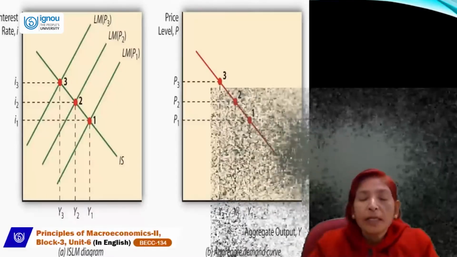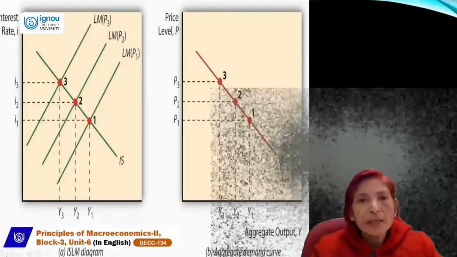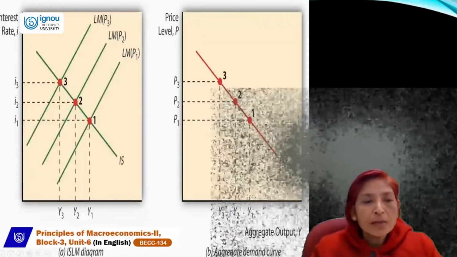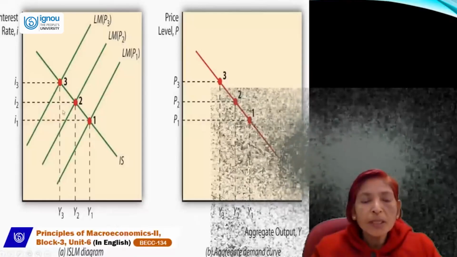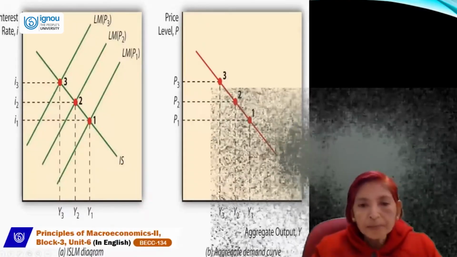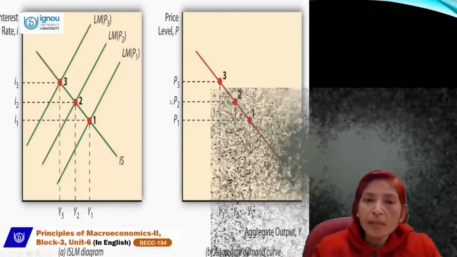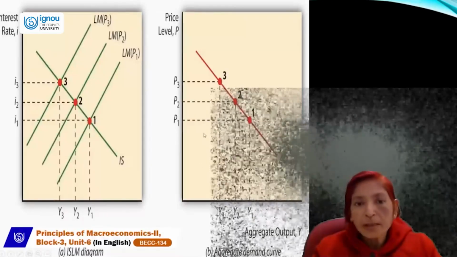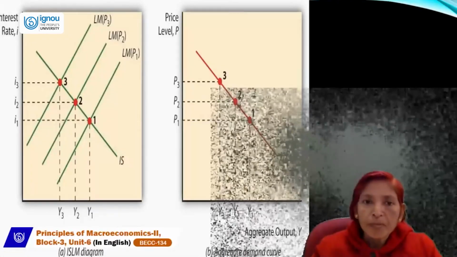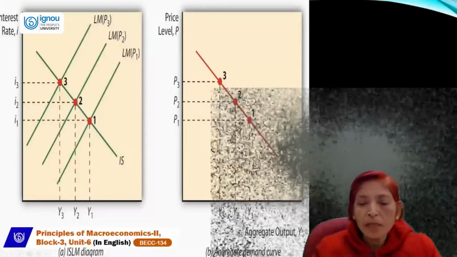And if we want to derive the aggregate demand curve, then we can take these three equilibrium points onto another curve, like these three equilibrium points 1, 2, 3, and if we join these three equilibrium levels of income on another curve, then we will get this. And if we take price level on the y-axis and income level on the x-axis, then we can show the inverse relationship between price and income level. At high price, income will be low. At lower price, income will rise.